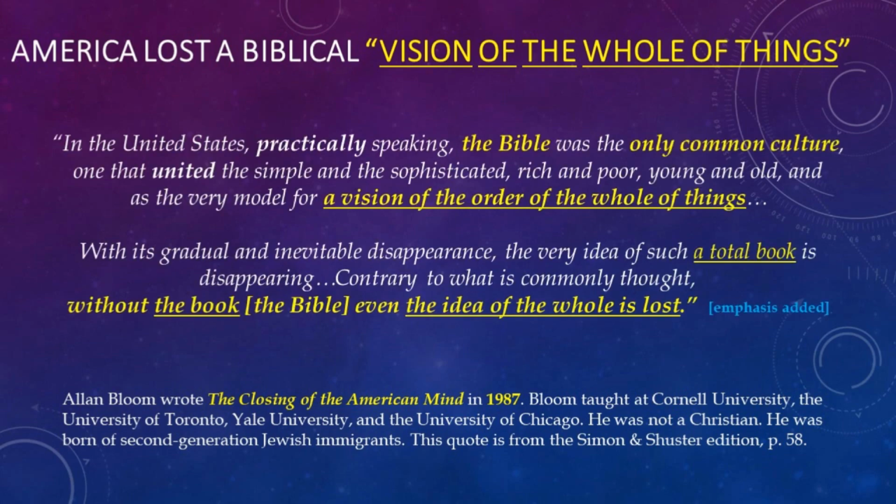Here we go. In the United States, practically speaking, the Bible was the only common culture. One that united the simple and the sophisticated, the rich and the poor, the young and the old, and it was a very model for a vision of the order of the whole of things. And with its gradual and, he says, inevitable disappearance, the very idea of such a total book is disappearing. Now, this is 1987. Contrary to what is commonly thought, without the book, he's referring to the Bible, even the idea of the whole is lost, period. Quite a statement